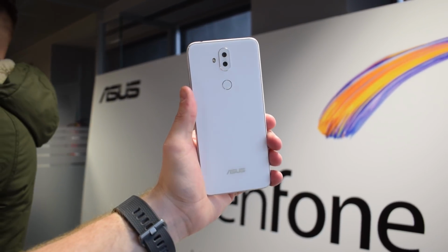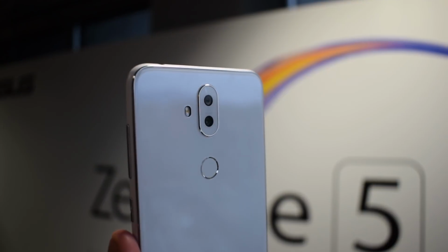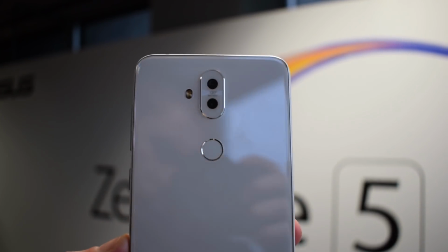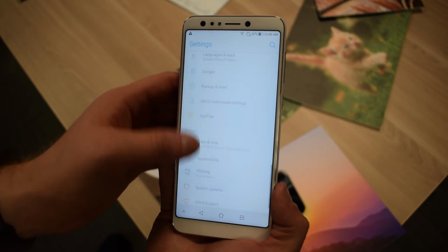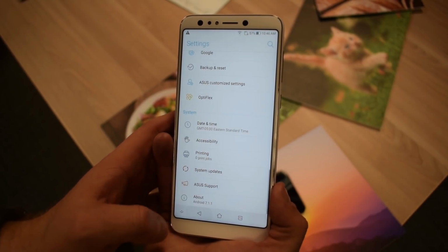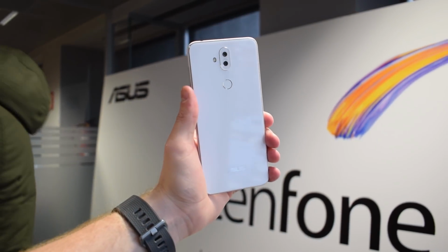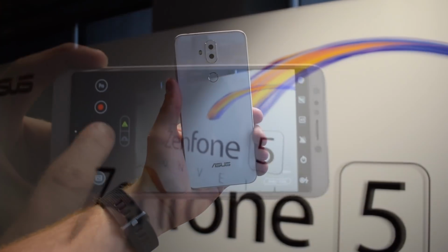On the more affordable side of things, you'll find the ZenFone 5Q, or known as the ZenFone 5 Lite in some markets. This phone packs in a 6-inch 18:9 screen with some larger bezels than the 5 or 5Z, and the Snapdragon 630 SoC is going to be found inside. It packs a 3300 mAh battery, and the phone features a rear-mounted fingerprint scanner as well as Asus' new face unlock technology. Asus is pushing this as a way to get a good camera and a big screen without having to spend a lot of cash, and dual cameras on both front and back are sure to provide tons of